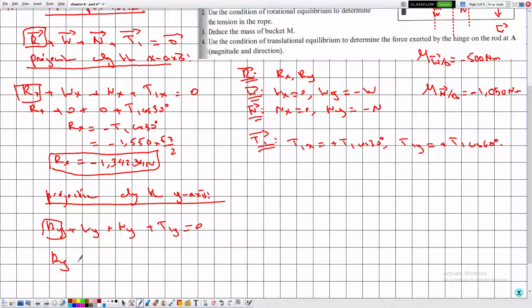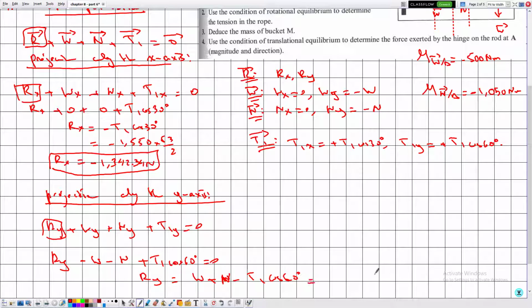So Ry, Wy is given by minus W minus N plus T1y, which is given by T1 cosine 60 equal to 0. So Ry is equal to W plus N minus T1